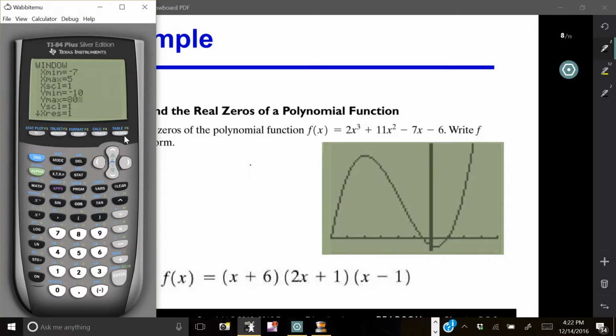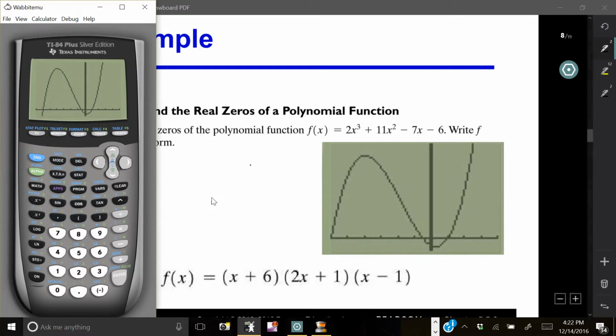And if you don't quite get it, you can try it again. But anyway, graphing it, we see that we now have a graph of the equation, and we can see that